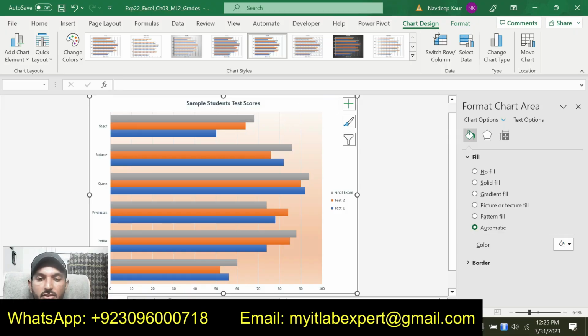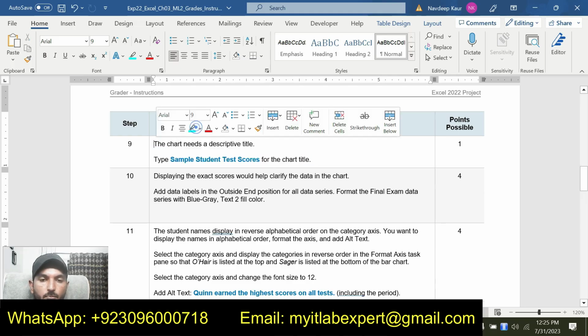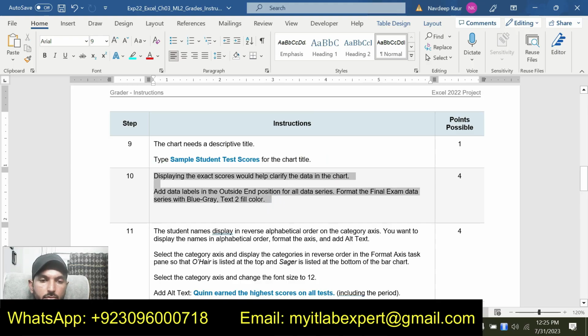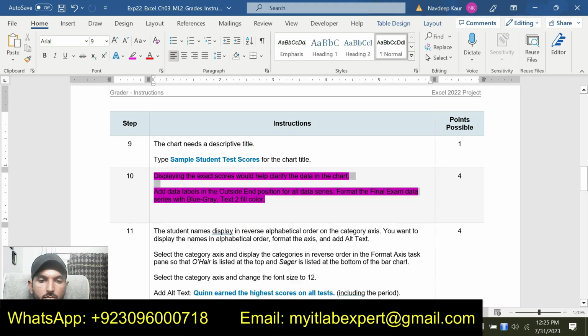So this is the chart title required in step number 9. So next step to do is step number 10.